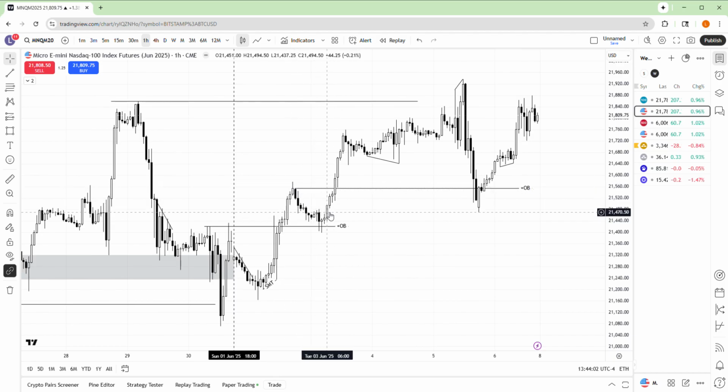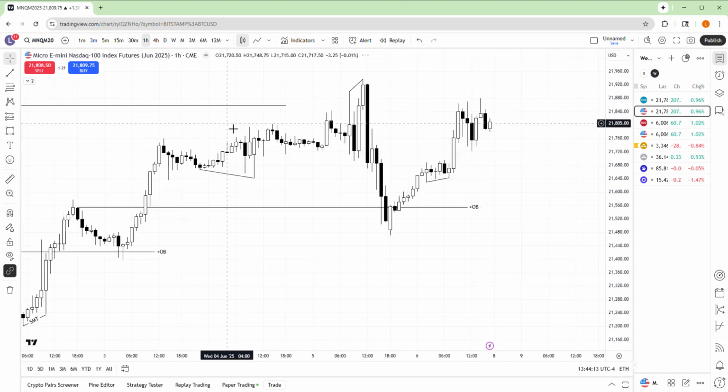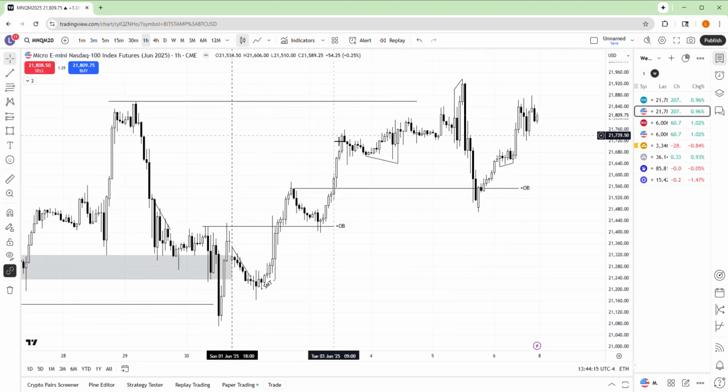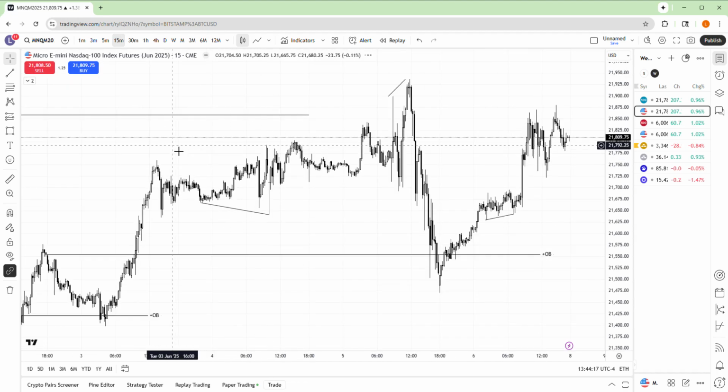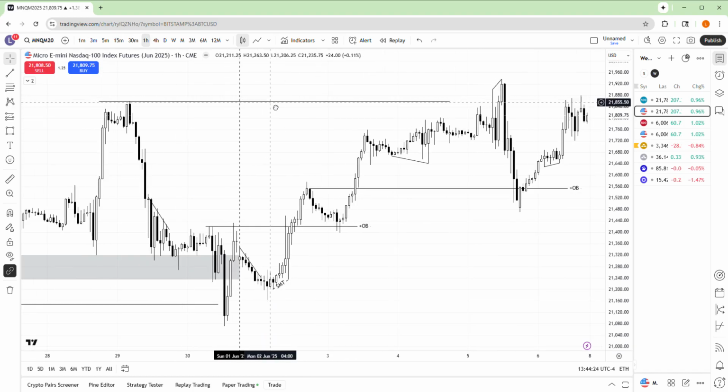Tuesday, honestly, not much. I didn't take any trades. I don't think there was anything really at all. Tuesday just kind of expands. Didn't leave really any room for me, at least. Maybe something on the lower time frame in here, but nothing too clear. In terms of the weekly review,